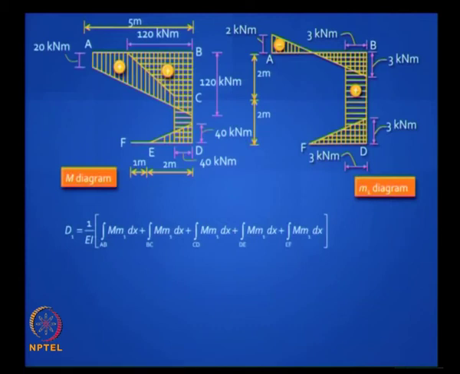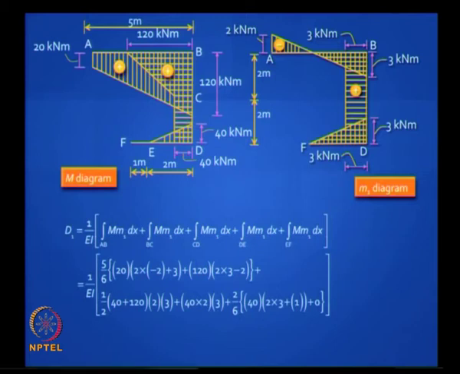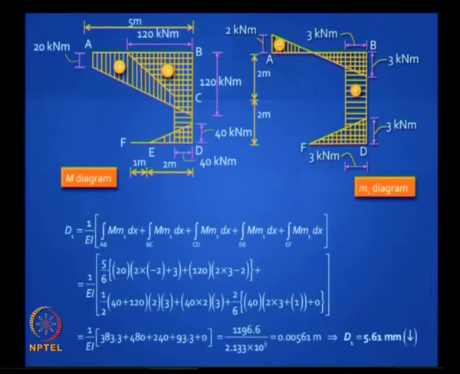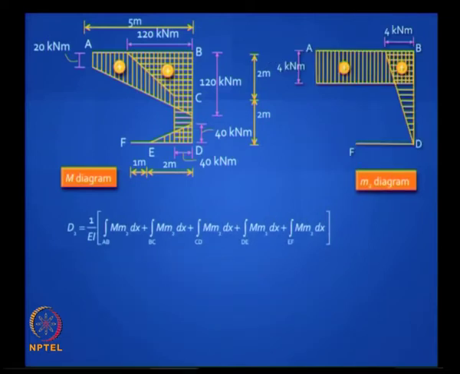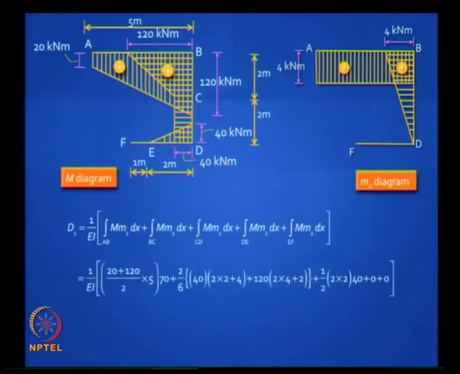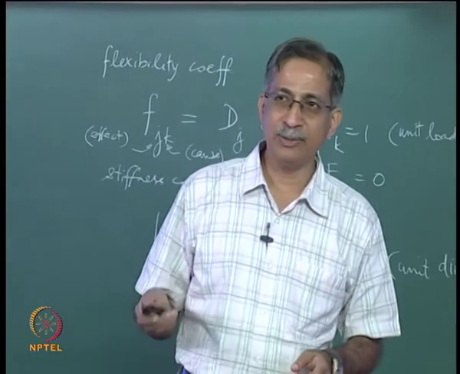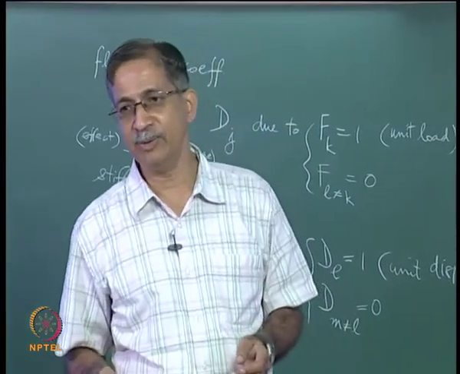So let us take the first case. On the left side you have the capital M diagram, on the right side you have the small m1 diagram. You need to multiply one with the other. In this case both are made up of straight lines, so it is very easy to do it. So I leave it to you to work out the calculations. You can use that formula for the trapezium and you will get the answers very quickly. Okay, so that is the first deflection. For the second one, M2 will change, you repeat the same process, you get the horizontal deflection. So this needs some exercise. Once you practice for a few problems, you will be very comfortable doing this.